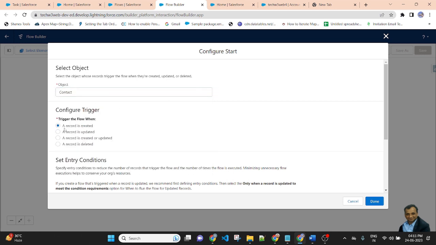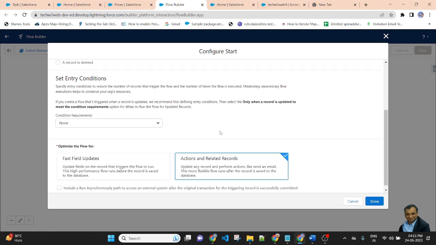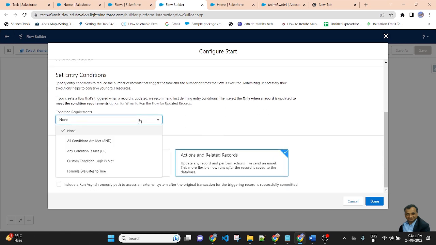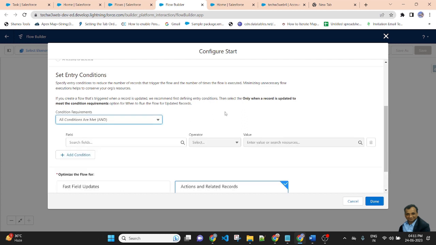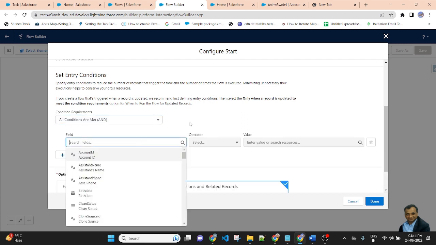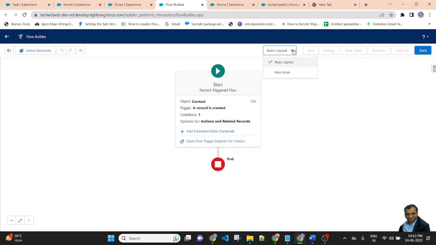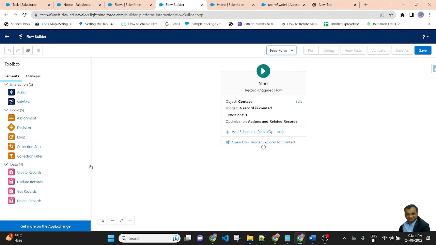If a contact is created, so I will select the first one. I am updating the related list of account. So here, Account ID is not equal to false. Then done. I am changing the layout to free-form.